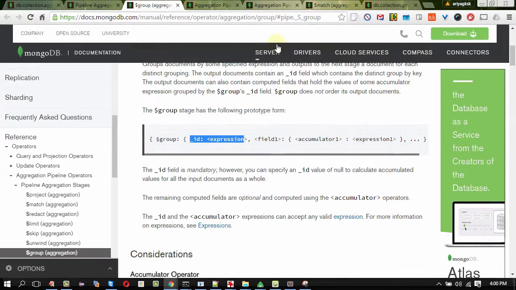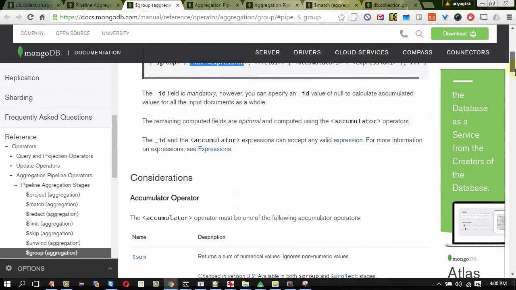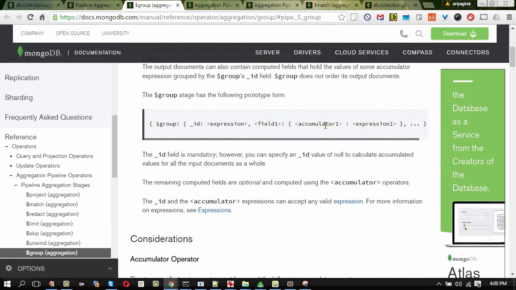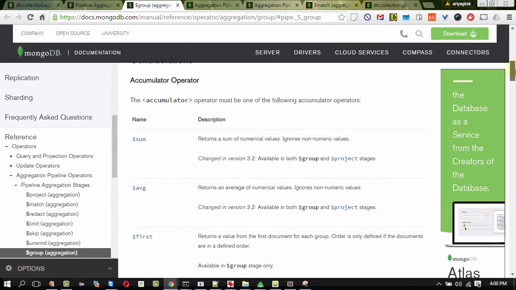Let me show about sum here under the group operator. So we know the syntax for the group operator. The first field is ID, expression is required. The second one is field, and you'll be specifying the accumulator with expression. And for accumulator, below are the options.